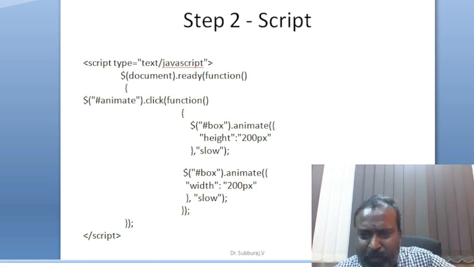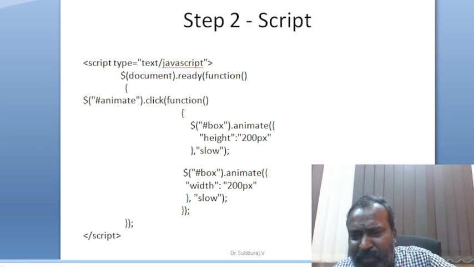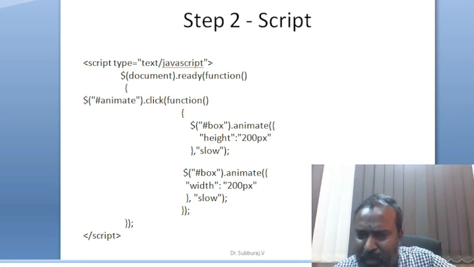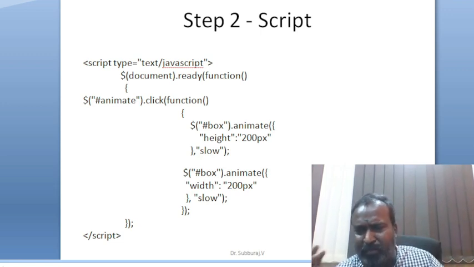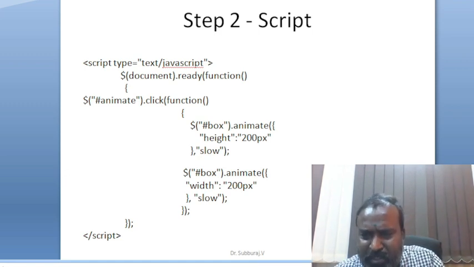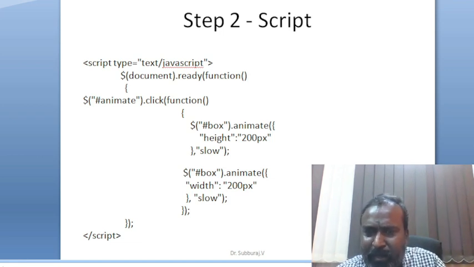Here we are specifying which box, using the id, dot animate, height, transition effect. For the other box, we are assigning the same thing so you can differentiate. For example, I have made it this way, and if you want to make it different, you can show that. You may have a question, but I'm just giving you a small introduction and leaving the rest to you, because you'll have your own imagination of how you want to make animation. It's just an eye-opener session to see how we can work with animation.